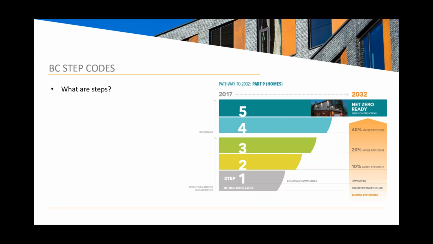So now each step 1, step 2, even step 3, are reasonably easy to meet, especially if you understand the relationship between things in the building enclosure. That's really the key to meeting the steps. So for example, if you had a step 2 or a step 3 building, and you're very familiar with building a well-built-to-code house that you wanted to upgrade, the only real things you'd have to do is give better attention to your air barrier strategy and potentially use a slightly better window and door product. You might have to use a bit of exterior insulation on step 3, but there are other ways about going about that. It's definitely not a necessity, and so that's not too hard to meet.